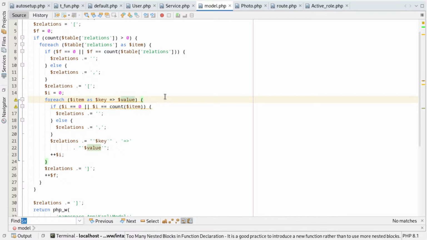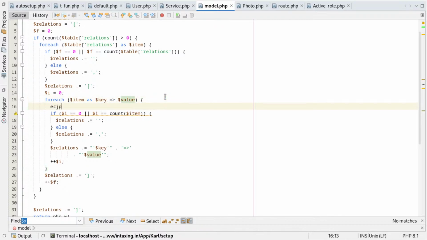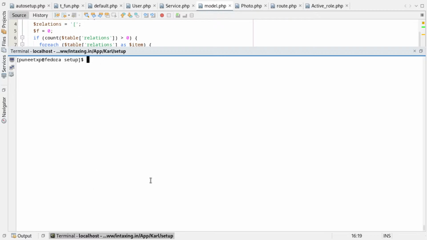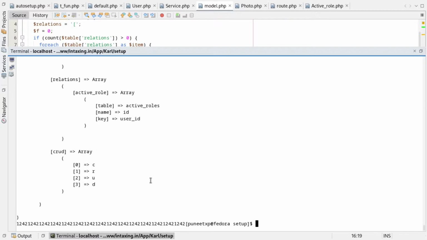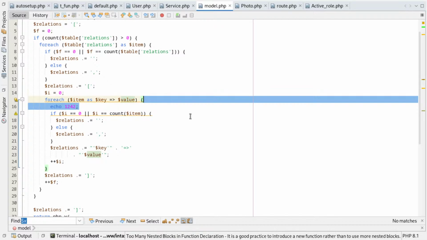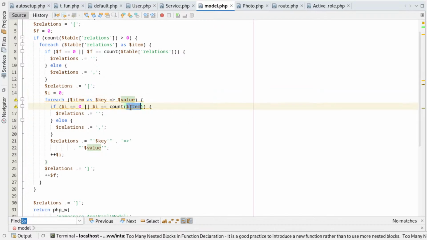Is it actually echoing till there also? Let's see. Clear, and so actually it's going till there. And it's gonna count item also,